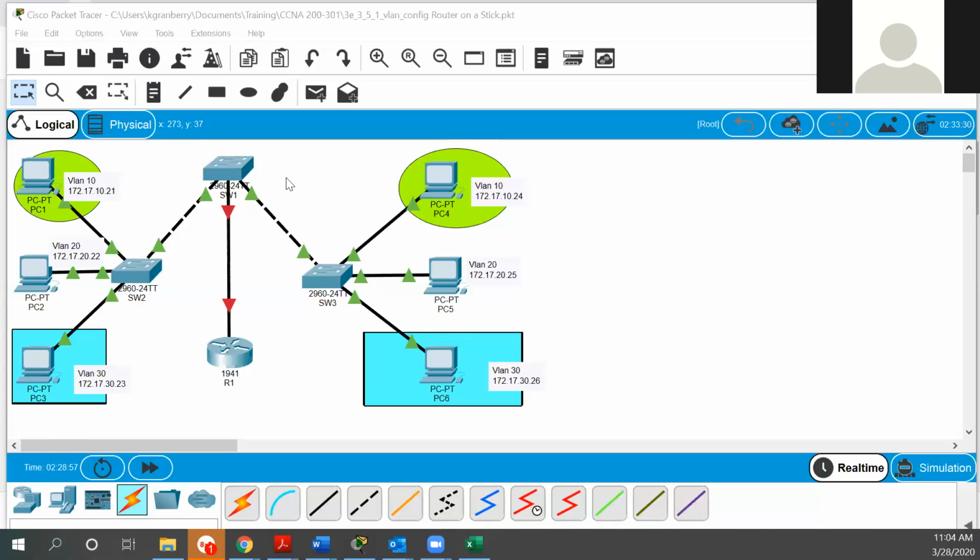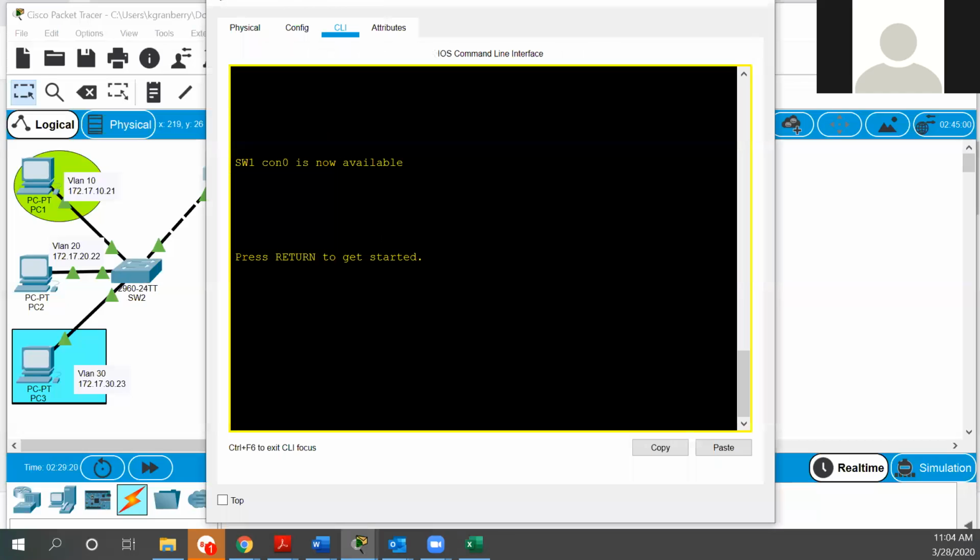So currently, right now, they're all in the same VLAN because we just did these switches out of the box, and haven't created any VLANs. So the first thing we need to do is shut down all the unused interfaces on the switch. So what you basically do is, let's say we go here on switch 2